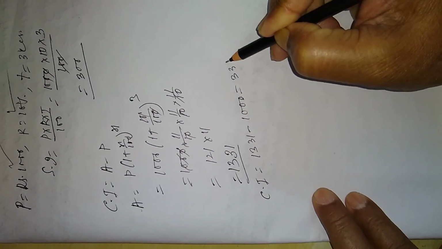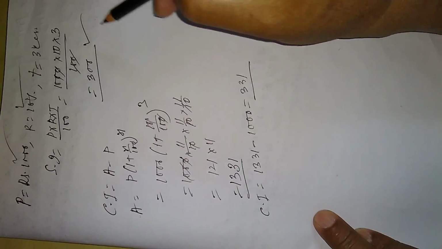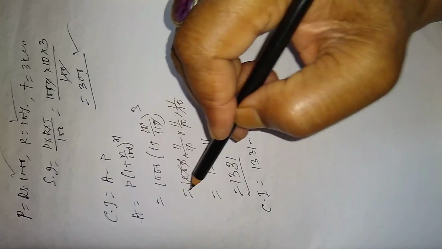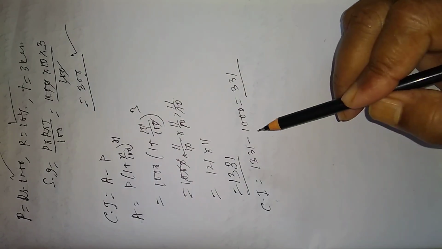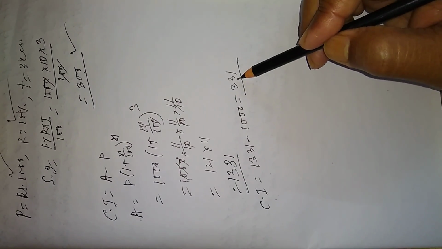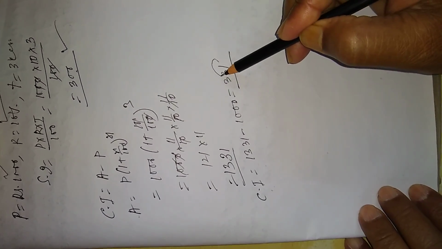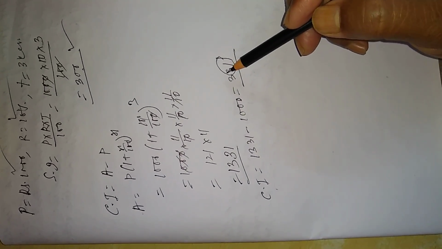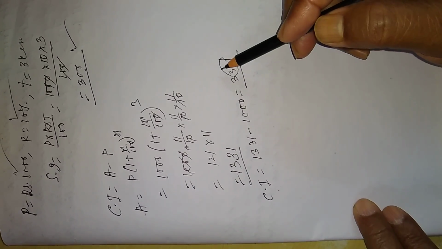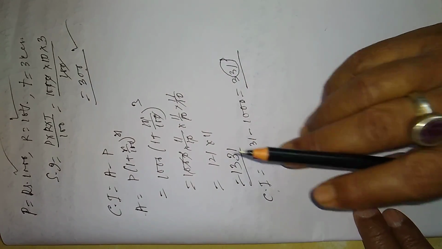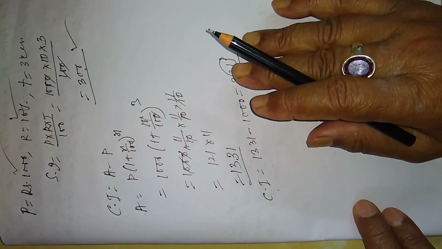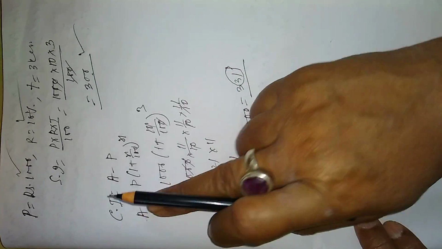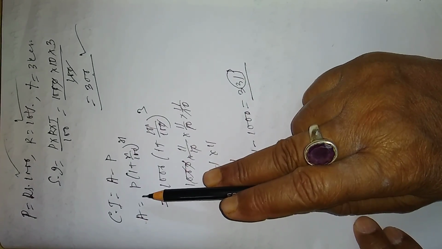that is 331. So look at the position. In simple interest, in 3 years, the interest is 300. In compound interest, in 3 years, the interest is 331. So 31 rupees increased here. That is the main difference between compound interest and simple interest. You will get more money when you invest in compound interest. That is the main thing. So today we are going to discuss sums on compound interest.